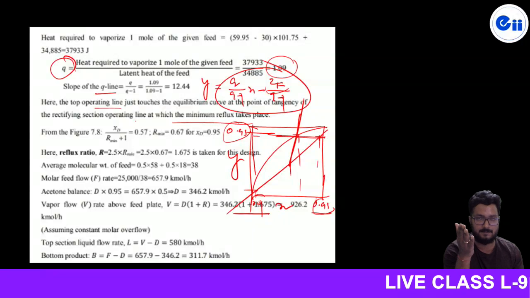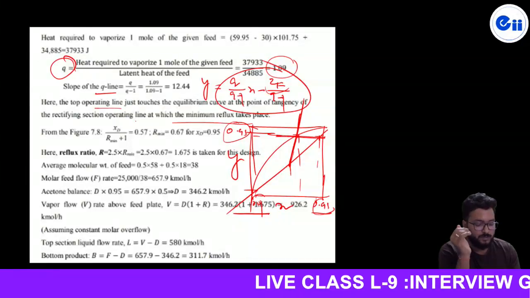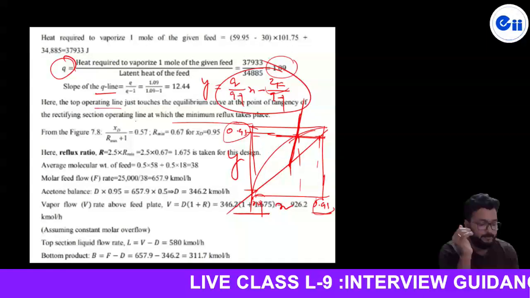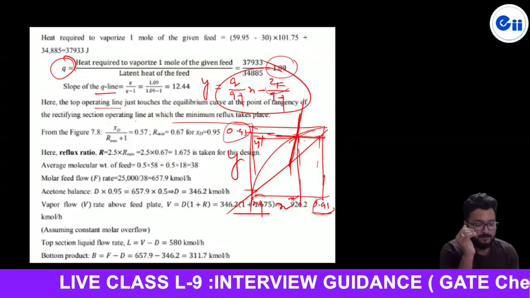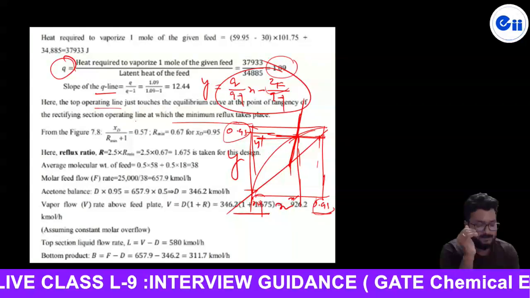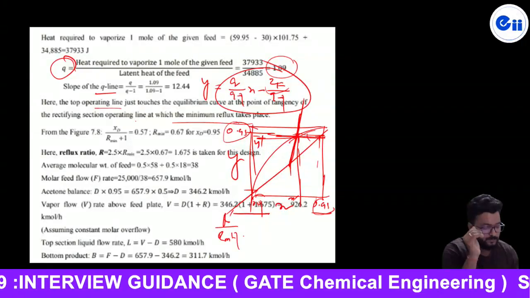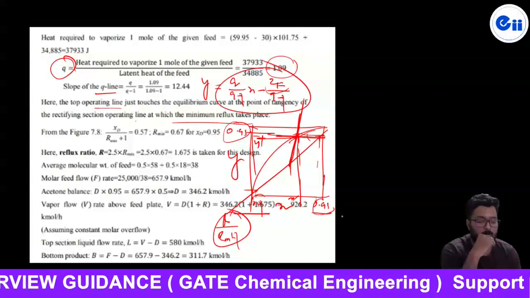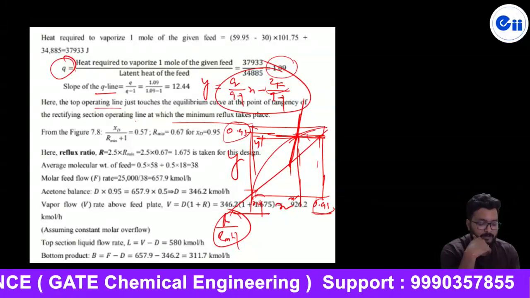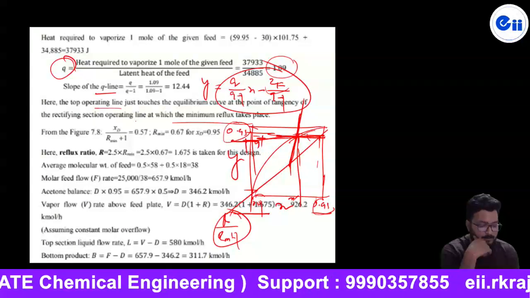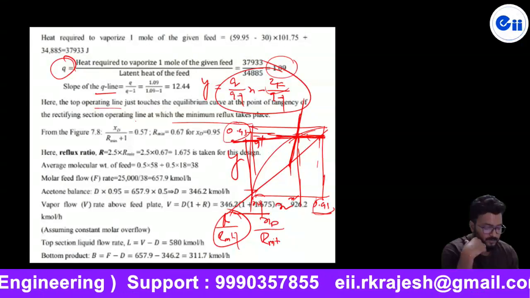That already I have discussed in the classroom. Now the intersection of these two lines over the equilibrium curve will give the condition for minimum reflux. It is y prime and x prime, and the slope of this will be R minimum upon R minimum plus 1. Or, since we are going to show graphically, you can also go for this: this intercept is xd upon Rm plus 1. It is much more easy,